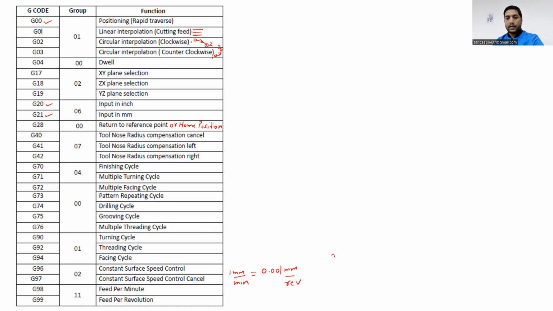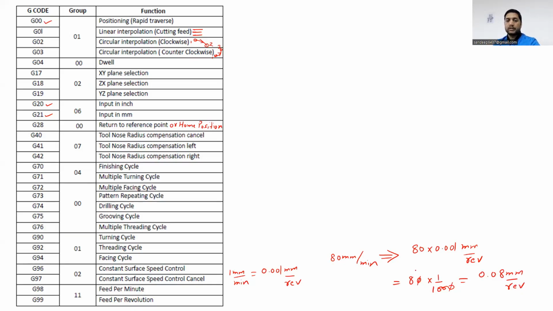Suppose we have a feed of 80 per minute, and we want to convert this per minute into per revolution. Now, 1 per minute will be equal to 0.001 per revolution. So we will convert this feed into per revolution. That is 80 into 0.001 per revolution, and it will become 80 into 1 divided by 1000, and it will be 0.08 per